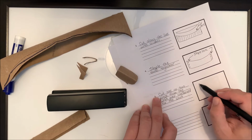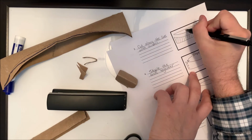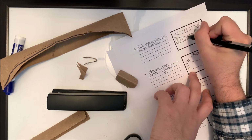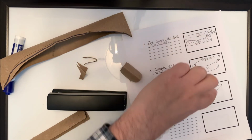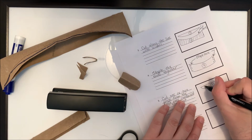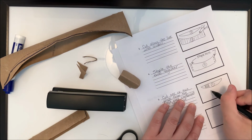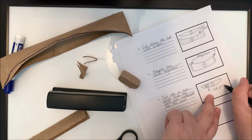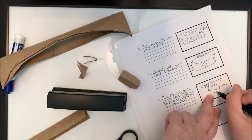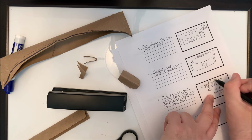Okay, so I'm going to take the top part. This is the top part from up here. And maybe I'll put number 1 and number 2. That way it helps me understand better. This is 2, this is 1. So now I understand that this is the first part. And I'm gonna highlight that and put cut pieces out for the seats, and I might even write cut here